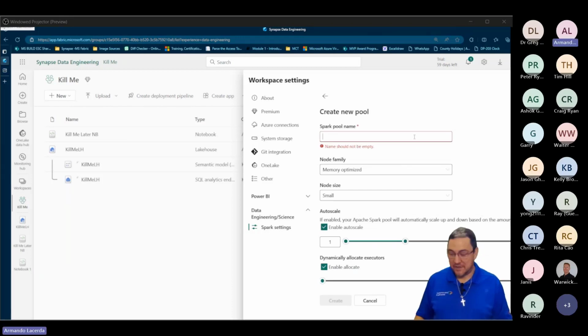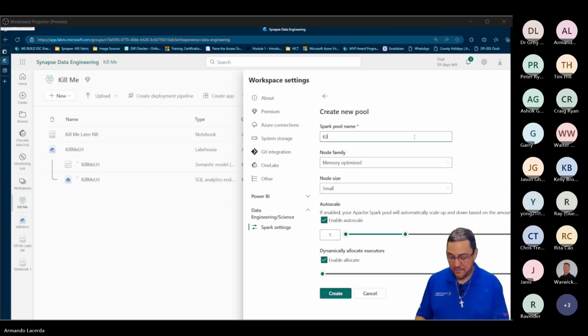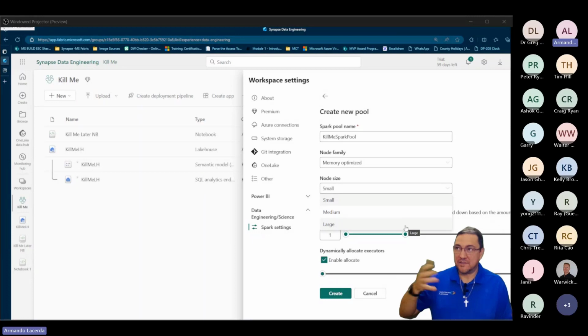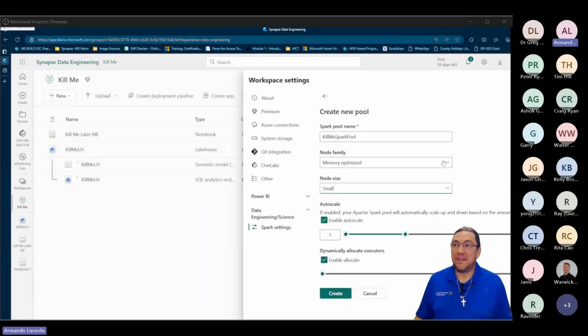And of course, you're going to give that pool a name, Spark Pool. You can click here, name. There are no extra options in here yet, right? You get memory optimized, the only one we have. And nodes, I have small, medium, large, but they'll be limited by my capacity, which I'll be showing you. But the point is, they plan to extend this later, right? Node family, like we don't have GPUs on Fabric yet.